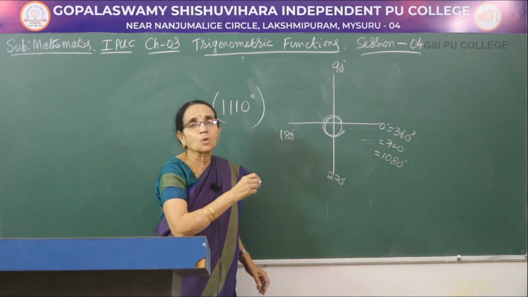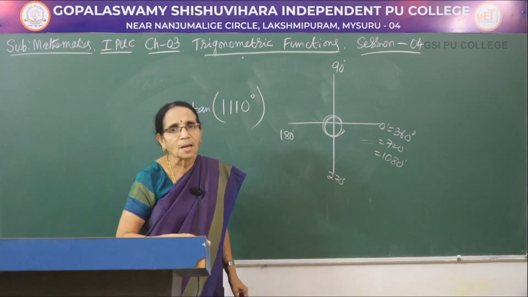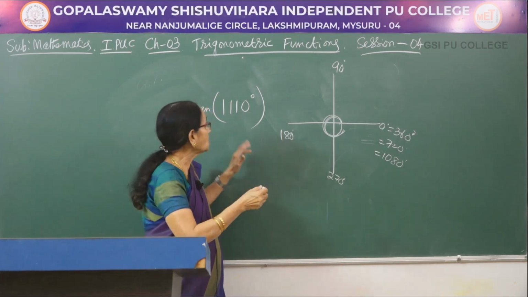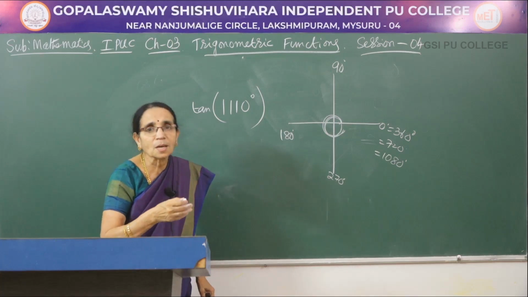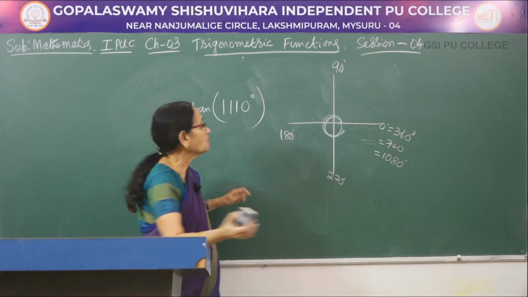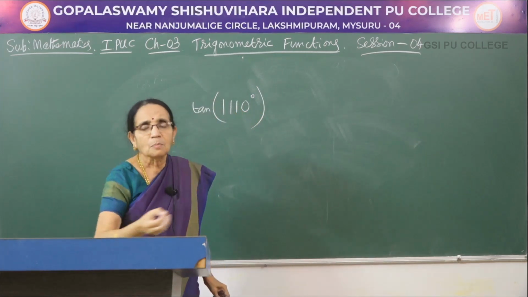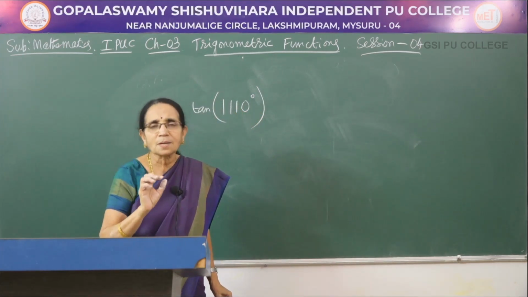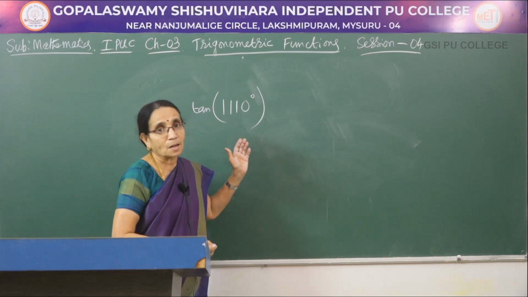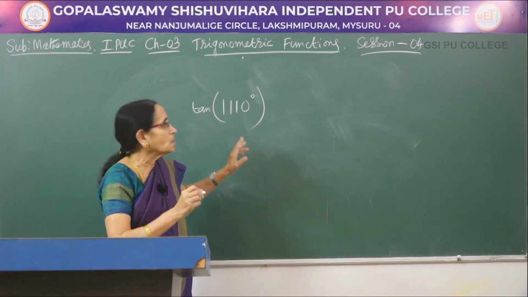So each time we cannot go on counting like that, 360 one time, then 720, then 1080. So what we do is, we divide this number if it is more than 360. Remember that procedure. If it is more than 360, divide that angle. When the angle I gave you was 120, because it's a smaller angle, I could write it as either 90 plus 30 or 180 minus 60. Here, it is quite a big angle. How to write that one? You have to go on subtracting 360 from that one.